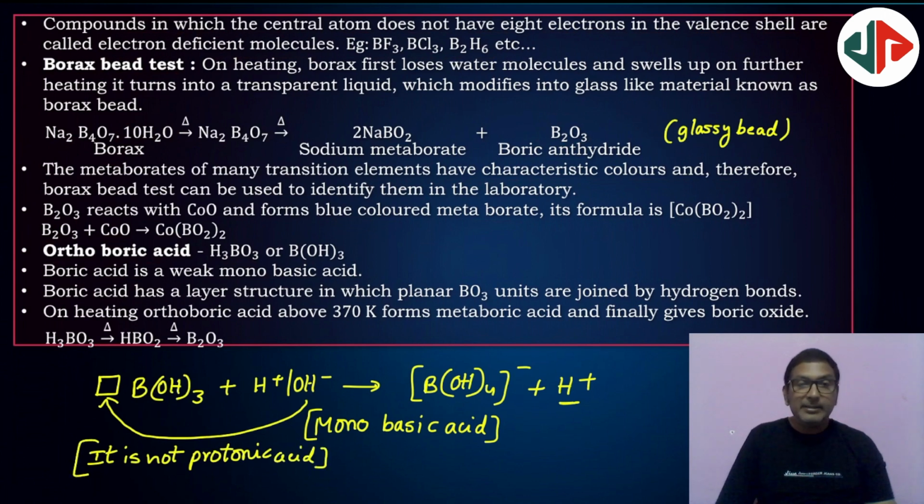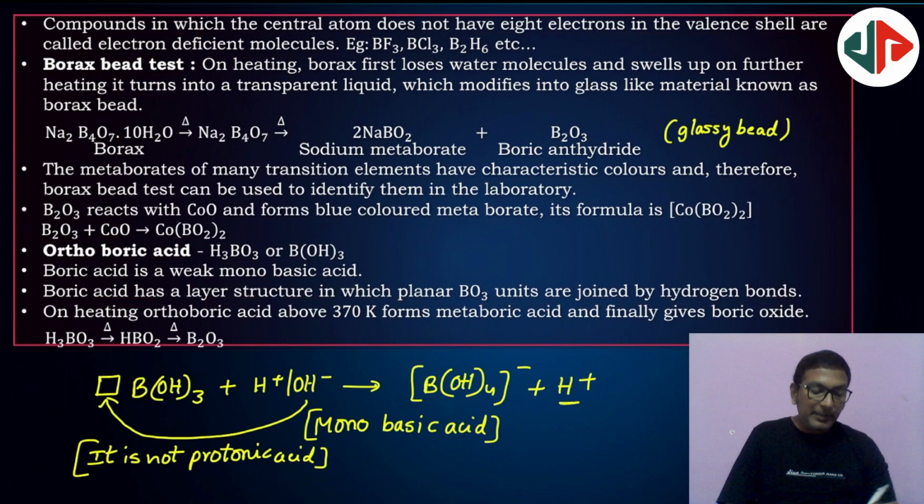Protonic acid means the compound which can release H+ ions directly. But here this compound is not releasing H+ ions directly. It is accepting OH- from water and releases H+ ions from water. It is not directly releasing H+. Therefore, it is not a protonic acid, it is an indirect acid. Next. So, boric acid has a layer-like structure